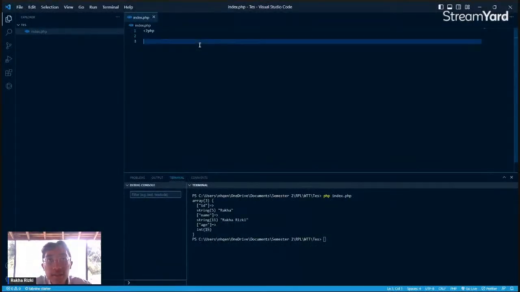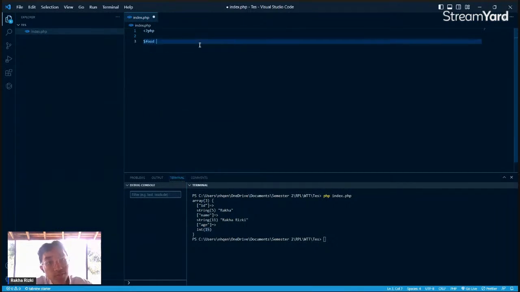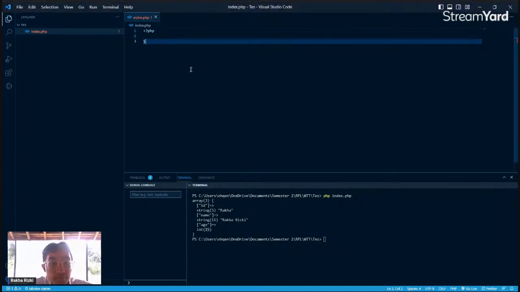Like we have a dollar variable, food, burger.